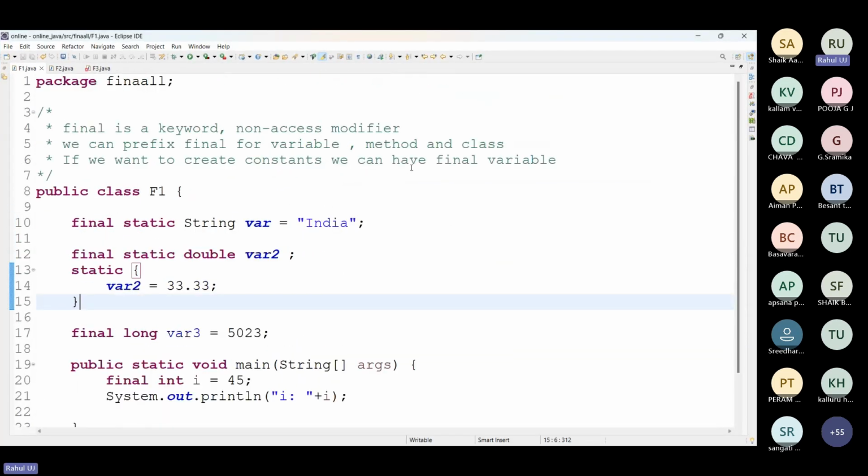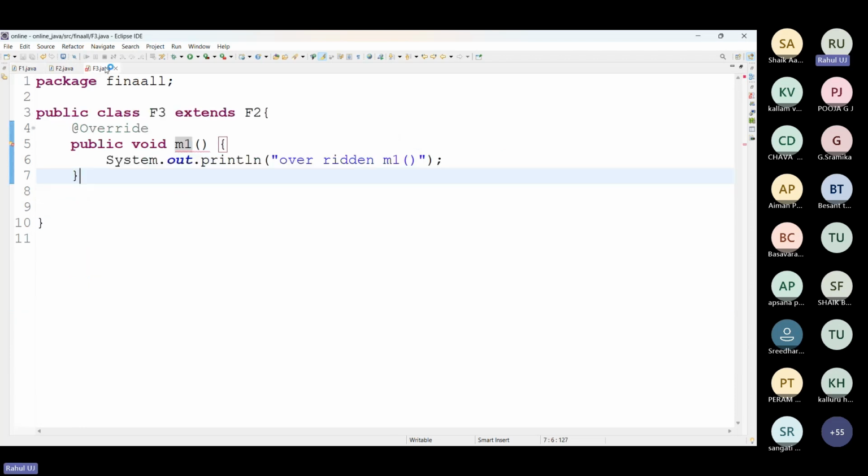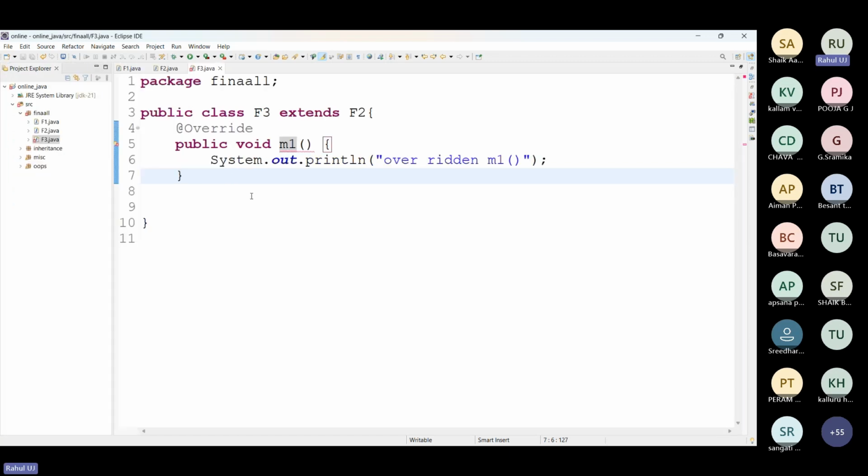Understood about all the three final members? So a final variable cannot be reassigned, a final method cannot be overridden, and a final class cannot be inherited. This is the behavior of final. So, next,